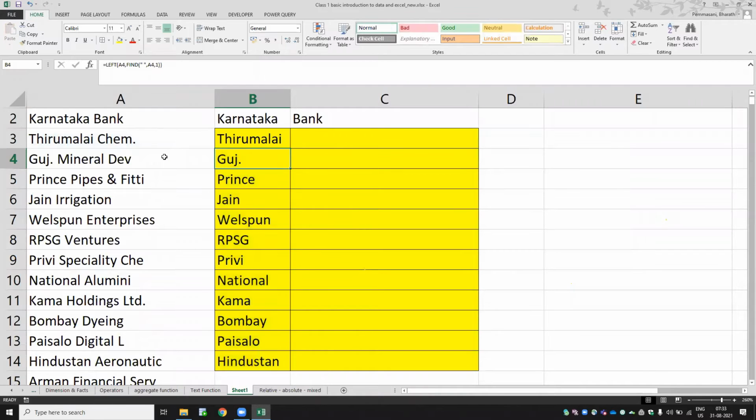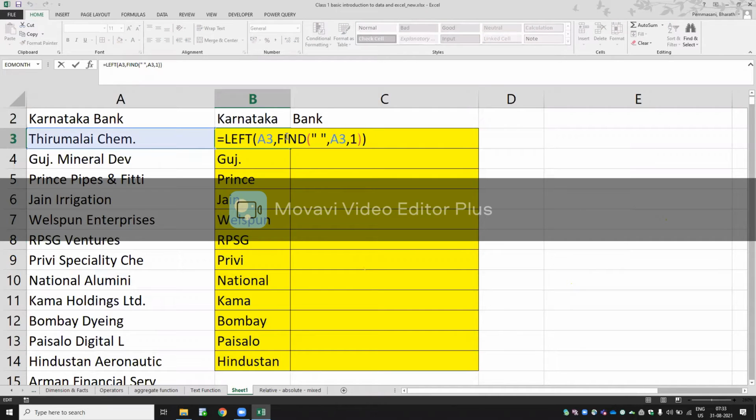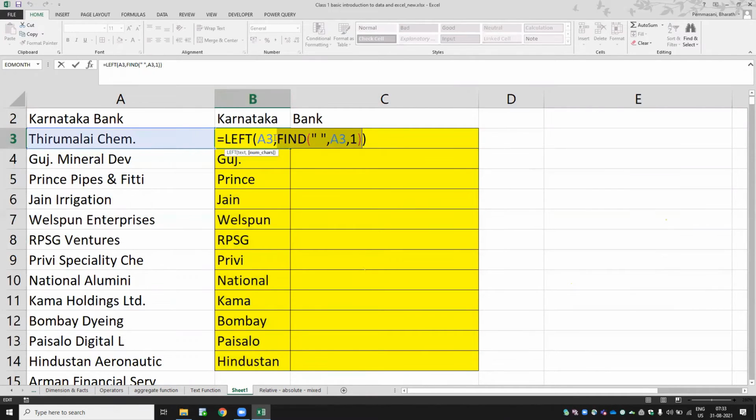So instead of giving the number in LEFT, we just write FIND space. The space position will be found and inputted as a number for the LEFT function.